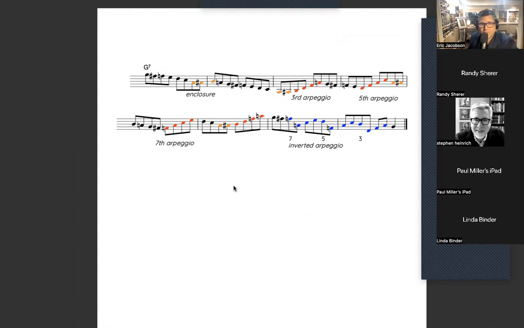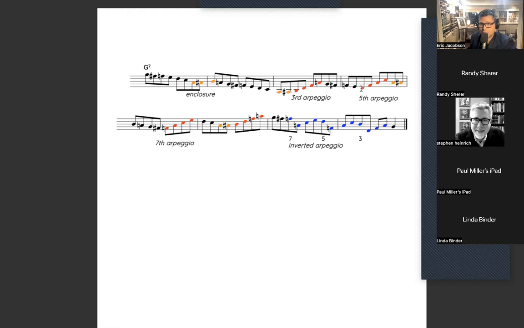The reason I did that was I'm going to show you how I'm just taking my G7 bebop scale. I'm descending on the 1, going all the way down. And look, I'm putting an enclosure to the third, and I'm still going down the scale after that. I'm coming all the way down, and I'm going to do it again an octave lower, an enclosure to the third. And then I'm going to go up my arpeggio of the third and come back down the scale again